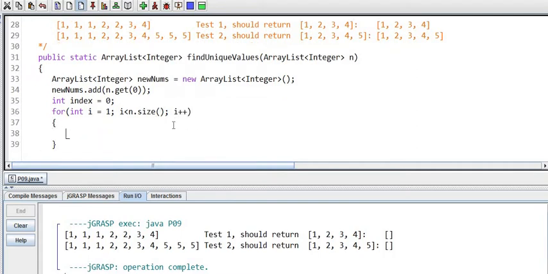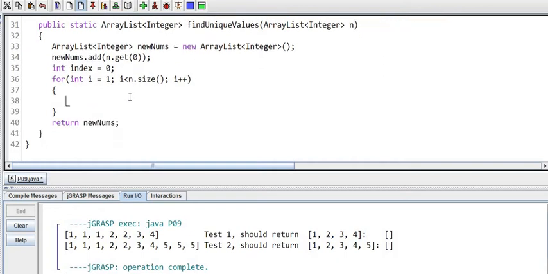And what we're going to do is check if the current number, the one at i, is different from the last one we added to newNums. Then we have to add it. So I'll show you what I'm saying. If n.get(i) is not equal, so if it's not equal to newNums.get(index), that's the last one we added